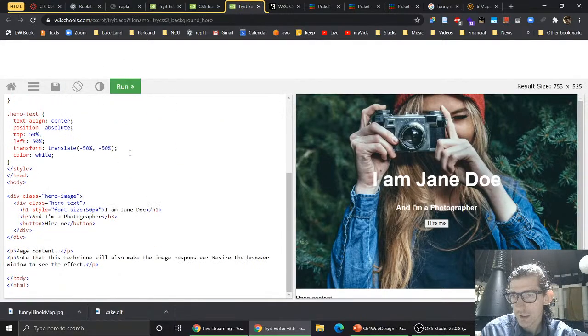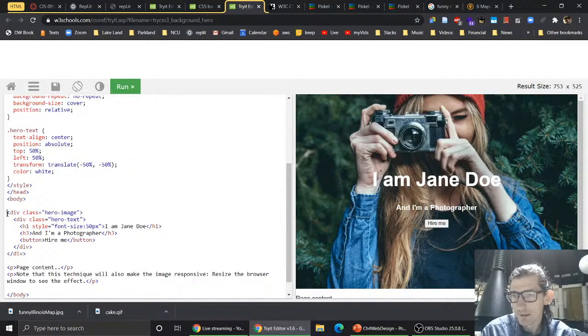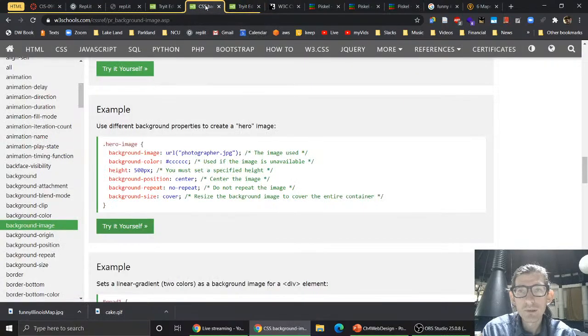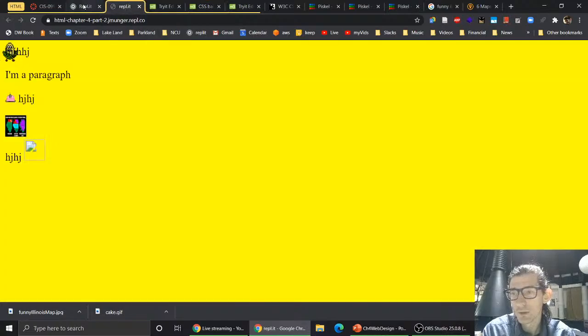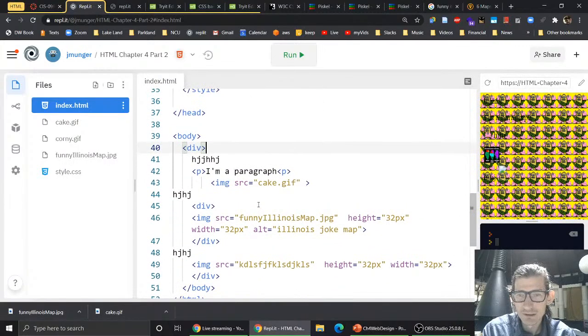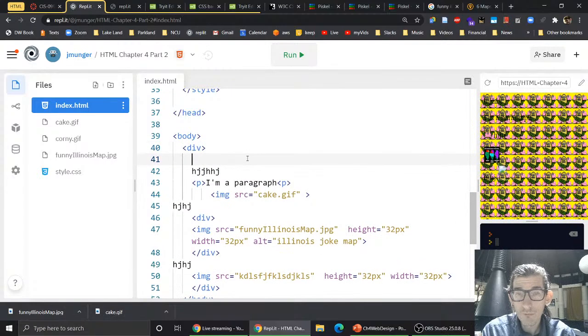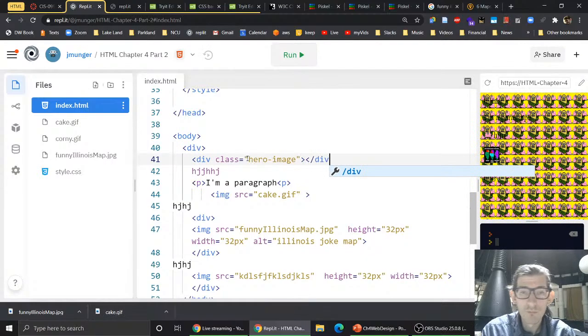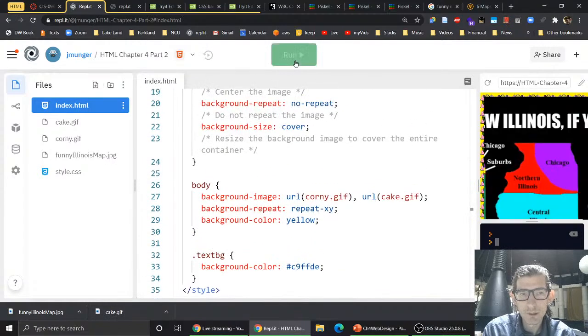All right, so they put the hero image, yes, on a div inside of the page. So this is actually an example of something fairly useful in making your website look more modern. All right, and what are we, oh yeah, we were using the map. And so what this looks like is